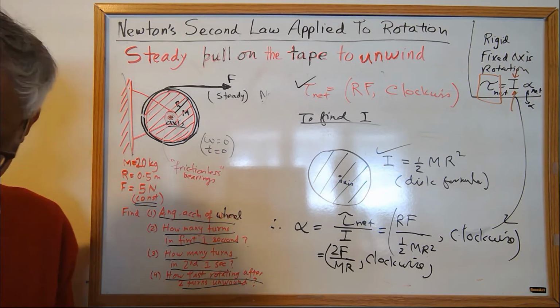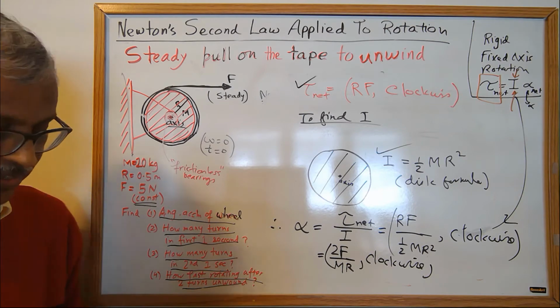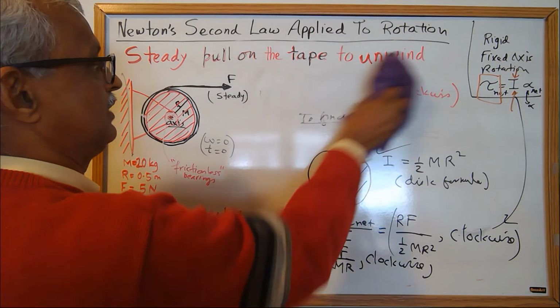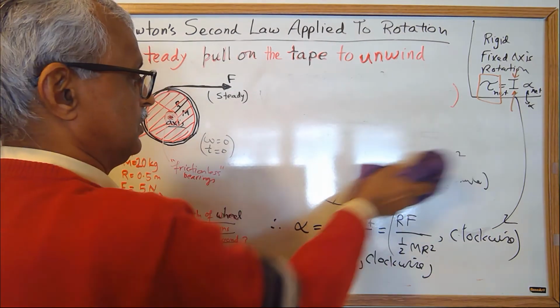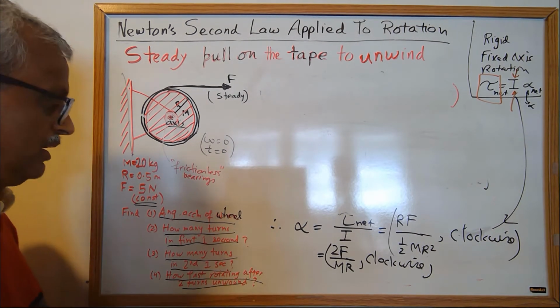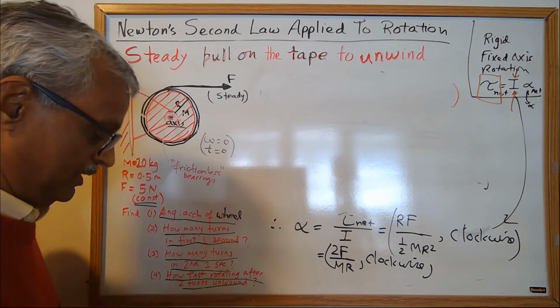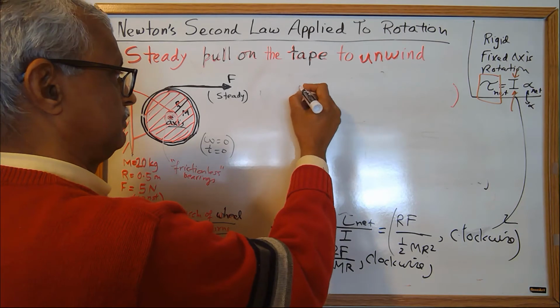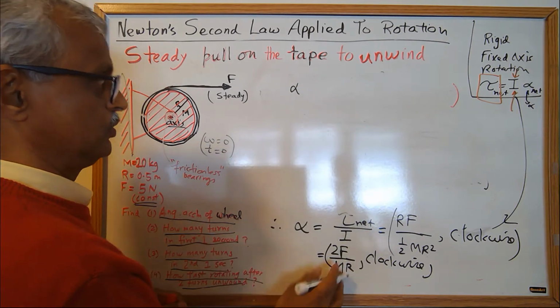Okay, so we can do numerical values now. We can do numerical values to get the rest of this stuff. So numerical values will be alpha. So the alpha magnitude